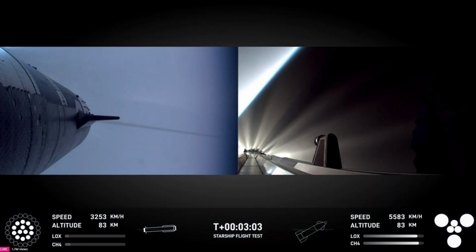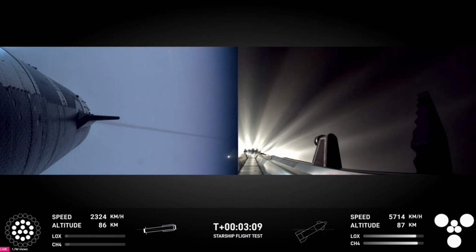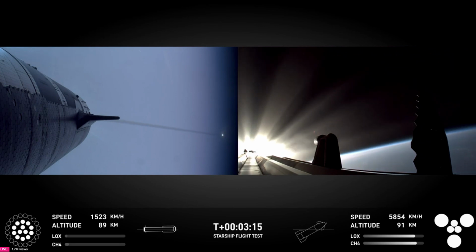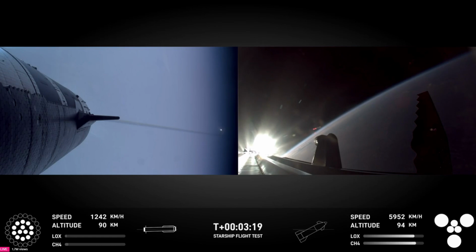Hopefully I got the booster on the way back to me. I'm going to send it to you guys in Hawthorne. Oh, man, that was absolutely incredible. I loved how the crowd... Chamber pressure is nominal. The crowd here in Hawthorne all went, ooh, at that first view of the blue flames from the booster. As you can see there,